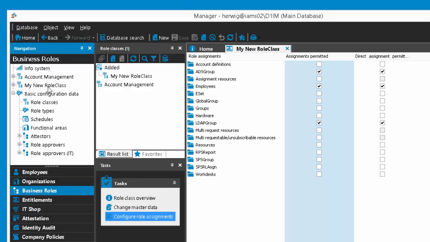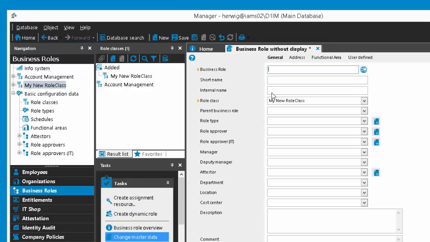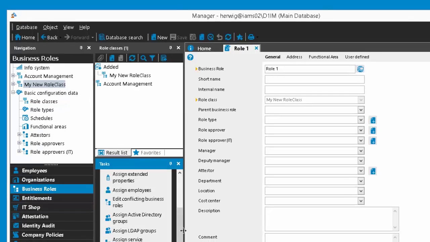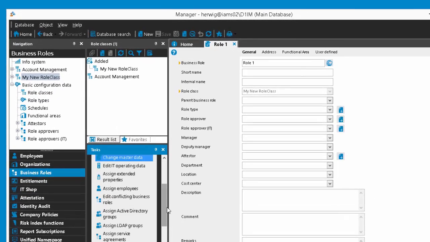then here I can see my new role class, and clicking on the role class and telling the system this is my first new role, I get a role form. I can type in here role 1. Role 1 is my first role, and it's part of the role class of my new role class here. And what I see now in the task list is exactly what I expect. I'm able to assign employees. I'm as well able to assign Active Directory groups and LDAP groups. But I'm, for example, not able to assign resources because resources are not part of my configuration I've made seconds